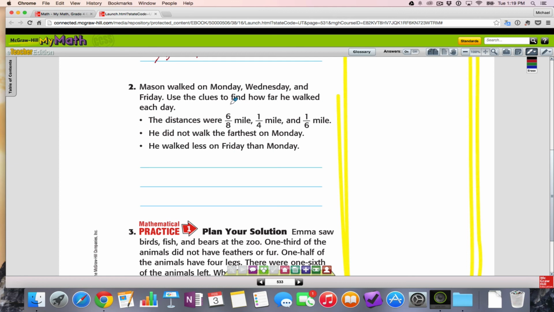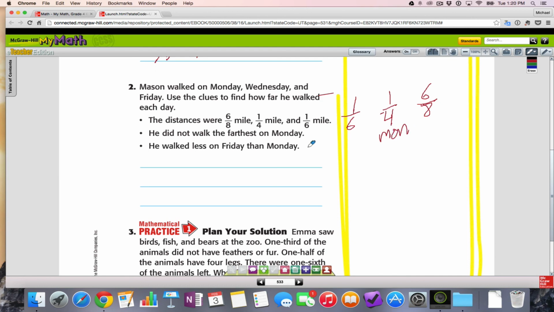So we have 1/6 is our smallest number, 1/4 is our next biggest number, and 6/8 is our largest number. He did not walk the farthest on Monday, so we know that Monday was not this last one, and he walked less on Friday than Monday, so he actually walked less than that, less on Friday than Monday, so Monday would have to be the middle one,